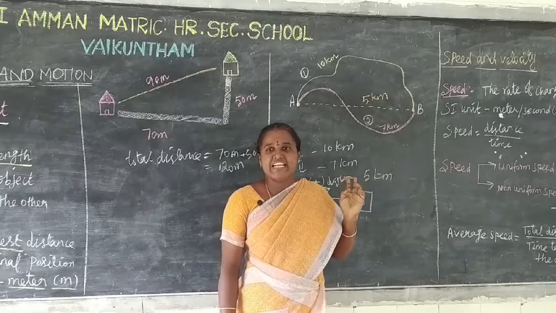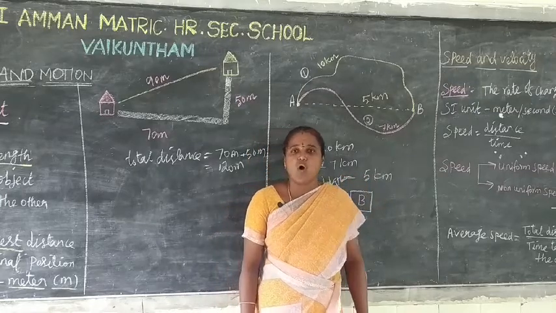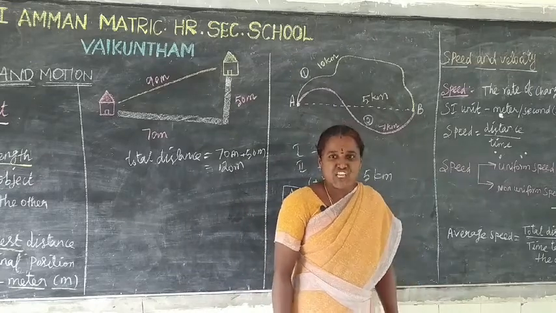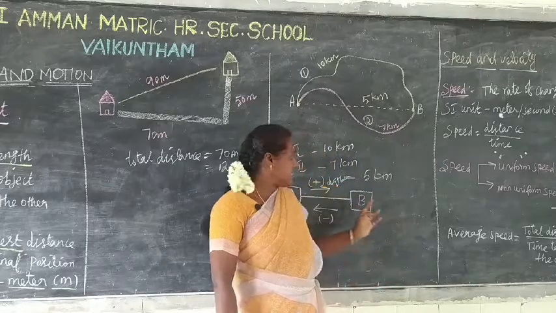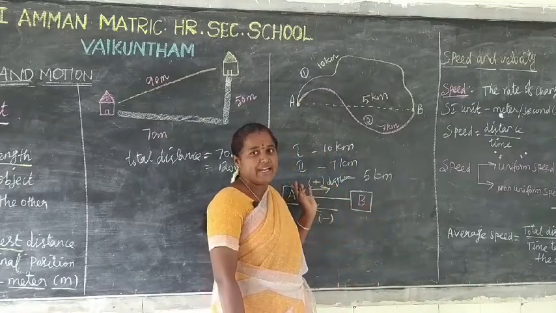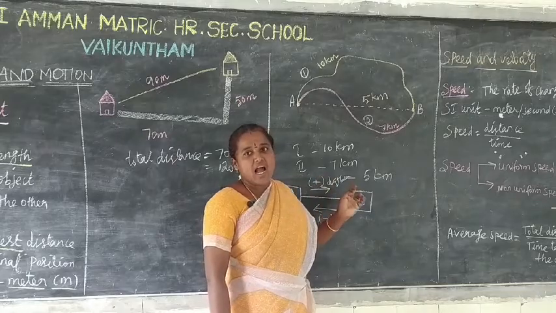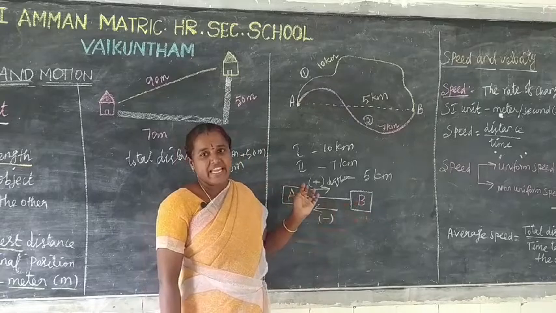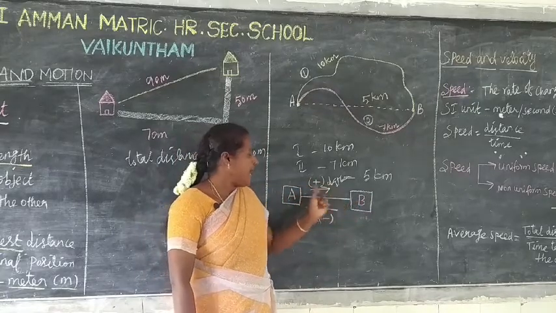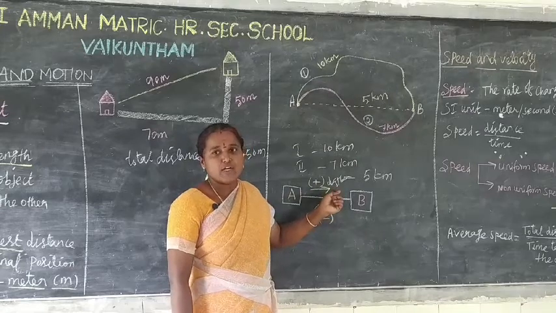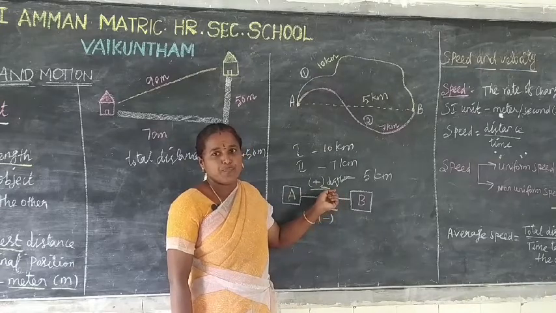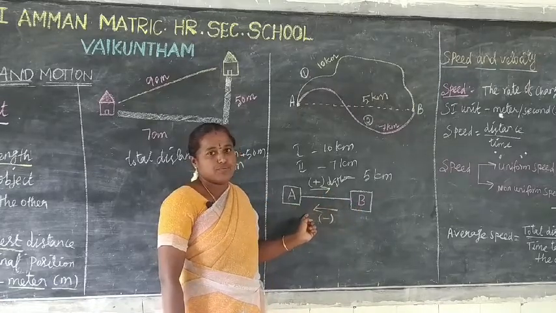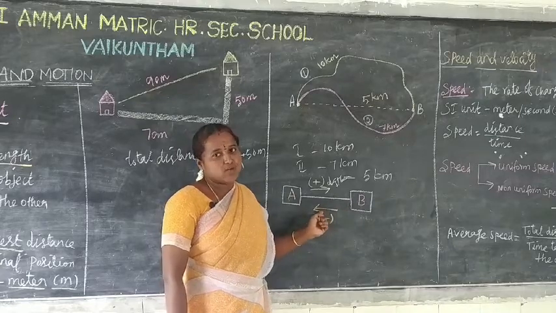When we represent displacement, we use a positive or negative sign depending on the direction of travel. Here we can consider the starting point as A, while the object moves from A to B. The displacement is considered to be positive from A to B, and from B to A, it is negative.